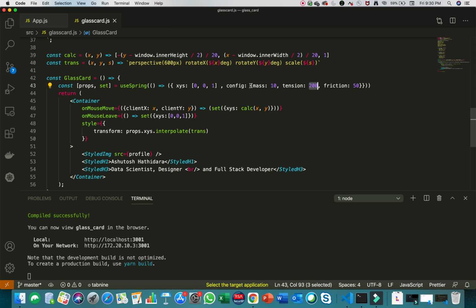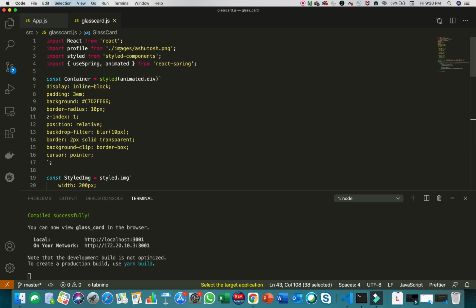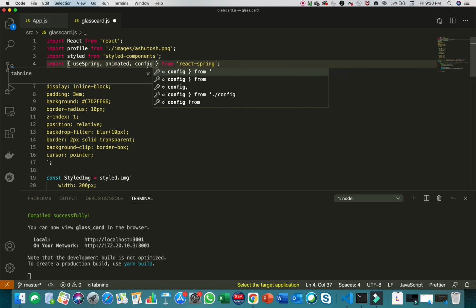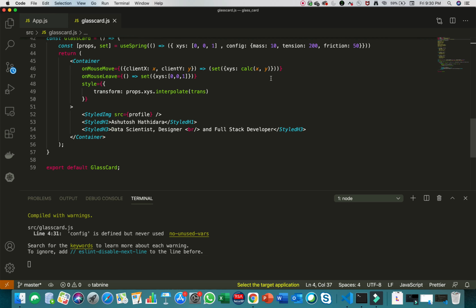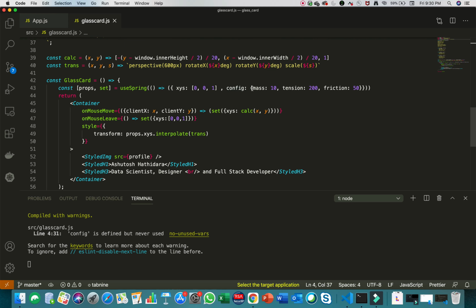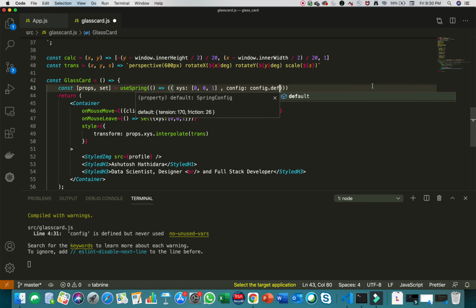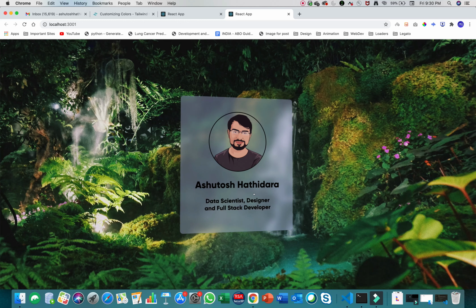Or if you don't want to change these parameters and you want to use something default, then you can import config from React Spring, and instead of these parameters you can directly use config.default, and this card will get animated using the default parameters.